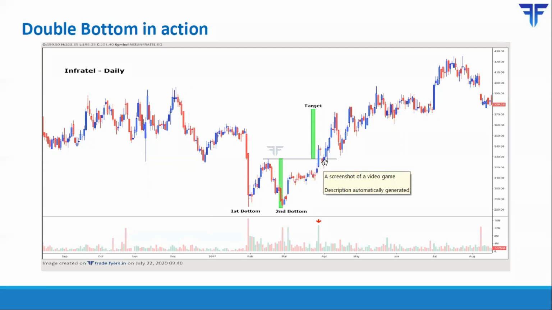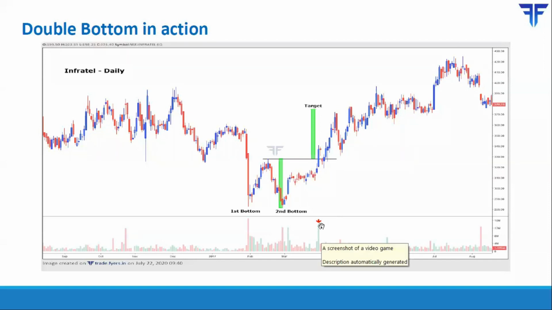So the emergence of such a tall bullish candle on breakout, along with a tremendous expansion in volume, gives you a very strong signal that going forward in time, price could rally sharply. And as we can see, price did indeed rally very sharply. So this was a very classic double bottom pattern. Both the bottoms were at essentially the same level, and the breakout from that pattern is being accompanied by a very bullish candle, as well as by a very strong expansion in volume. So it's a very strong buy signal.